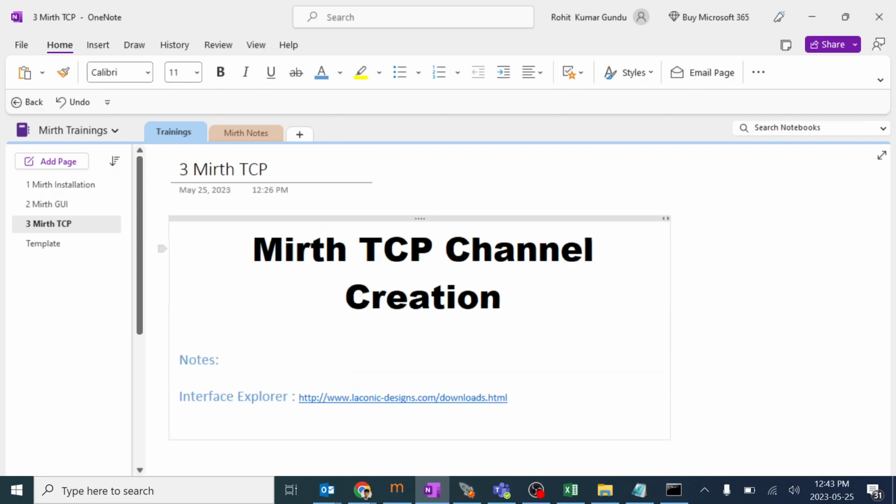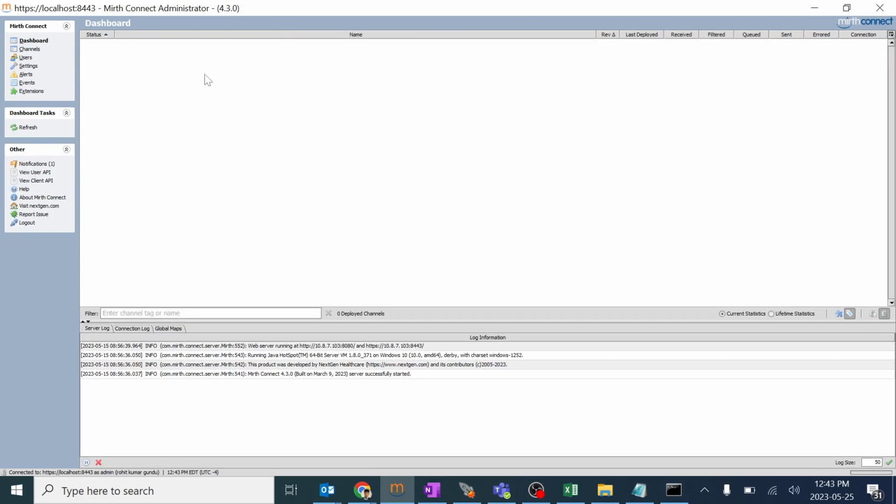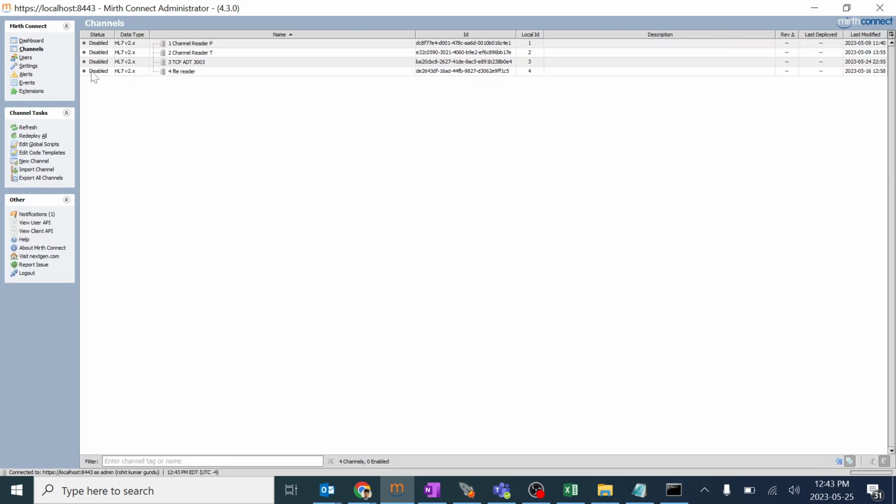Today we are going to create a basic TCP/IP channel in Mirth. Before creation, we need to make sure to download a few of the tools I'll be explaining in this session. So we'll go ahead to Mirth Connect, and the dashboard is clear, and we'll go to channels, where actually